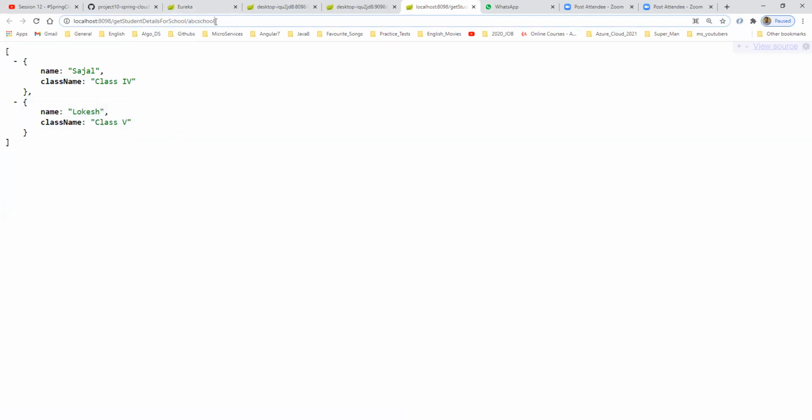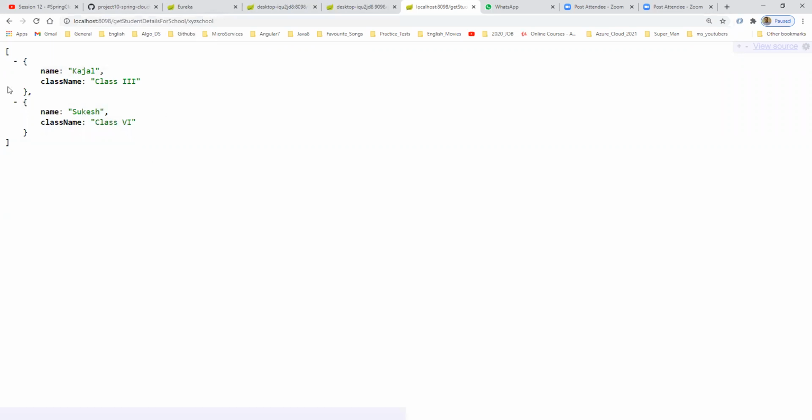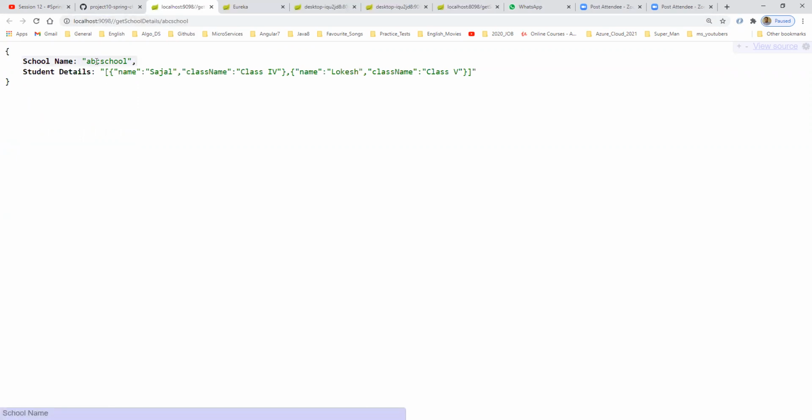If you give XYZ school, this is one more record. Here we have those two schools: the XYZ school, and previously I called the ABC school. So these are the records. Now I want to run this one. If you pass ABC school, it gives the same school name, ABC, and its details.